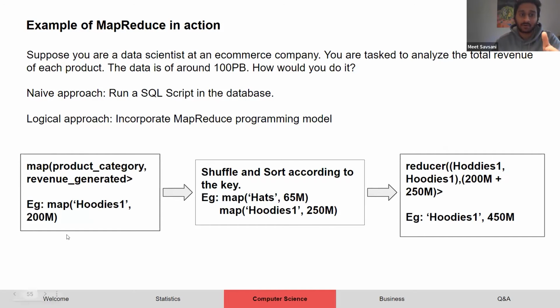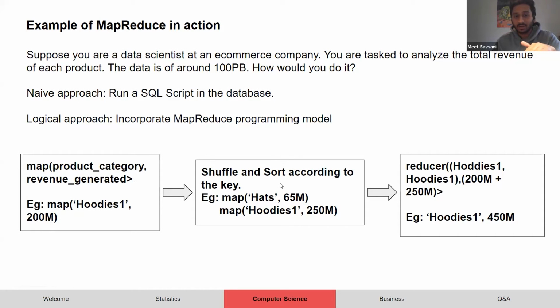So you have a mapping function, okay? Now this mapping function will map the product category and its revenue generated. So here product category is the key and revenue generated is the value, okay? Example, map hoodies1, 200 million. So the hoodies1 product category has produced around 200 million of revenue. Similarly,